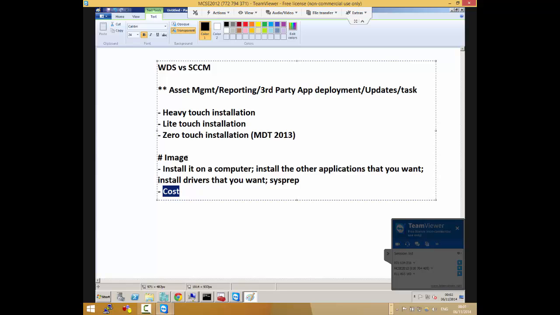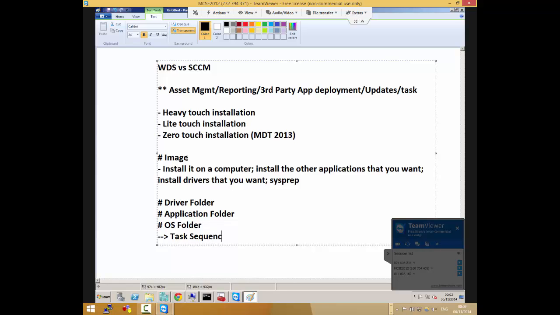Yes. But what SCCM can do is, let's make it simple, you have different folders. Maybe one folder will be the driver folder. Maybe another folder will be the application folder. And then maybe another folder will be the OS folder. So you can now set up something called task sequences.